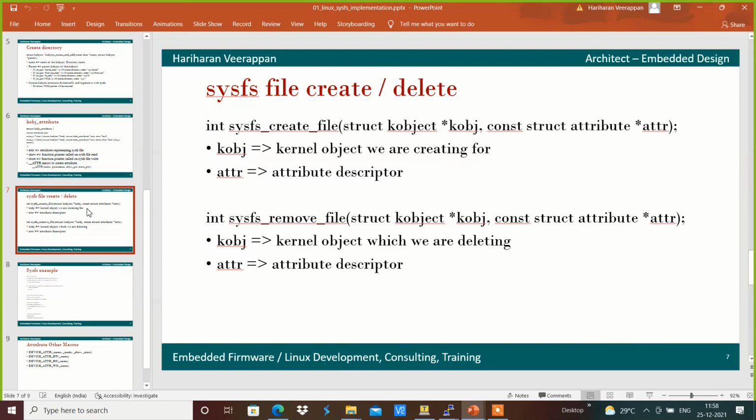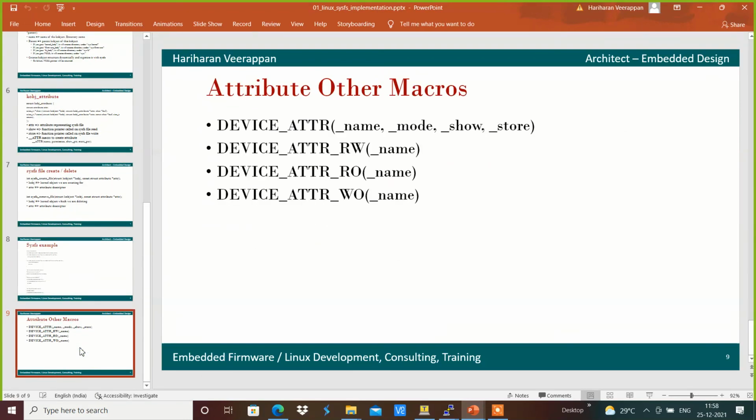We also have additional attribute macros for read only, write only or read write. We can use these macros to create the respective sysfs file.